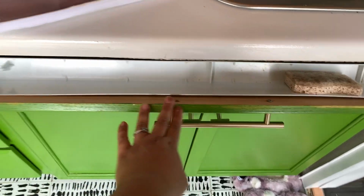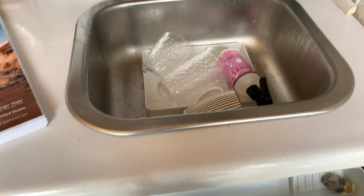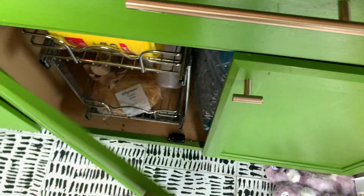Let me just show you the stuff I added. This wasn't a part of it, but I added this. One of the good things about buying a pre-made cabinet is that a lot of stuff already fits it, because it's a normal kitchen cabinet. Here I just keep my dish thing for my dirty dishes. And then down here